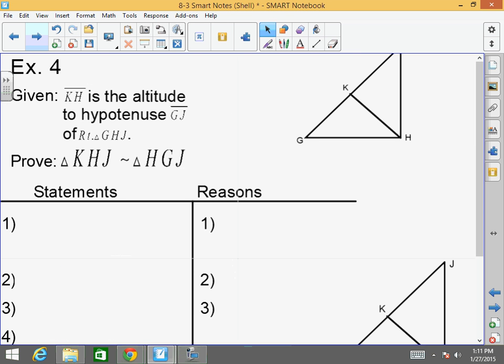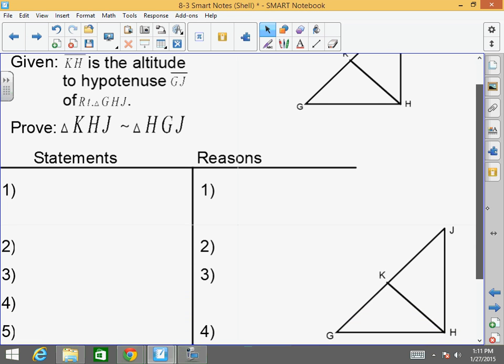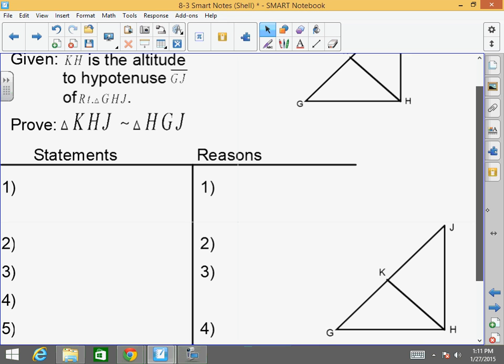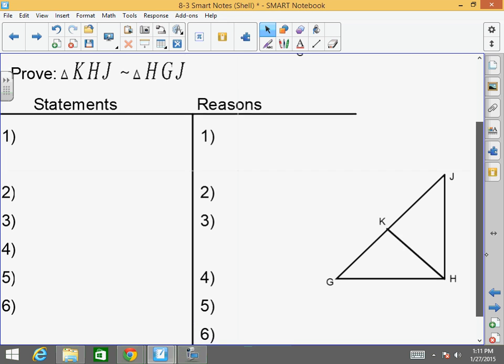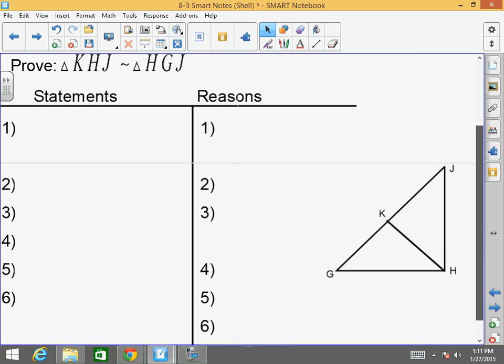Okay. KH is the altitude to hypotenuse GJ of right triangle GHJ. I want to prove that KHJ is similar to HGJ. So I want to prove that KHJ, this blue guy, is similar to HGJ, the whole entire triangle. That's what we're trying to prove, that similarity. So first of all,